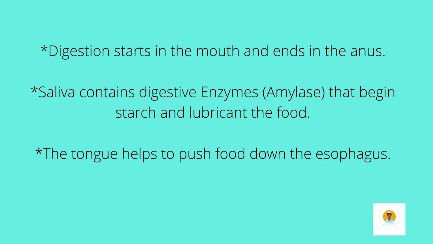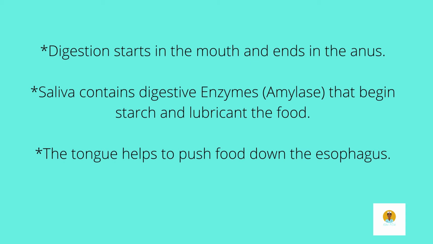Digestion of food starts in the mouth with the teeth chopping, cutting, and grinding the food into smaller particles, while the salivary glands produce saliva, which contains digestive enzymes that begin to chemically break down food. Digestion of starches starts in the mouth, right? So with starches, amylase, which is in the saliva, helps chemically break down the starches. So saliva not only has digestive enzyme properties, it's also used as a lubricant to make chewing and swallowing easier